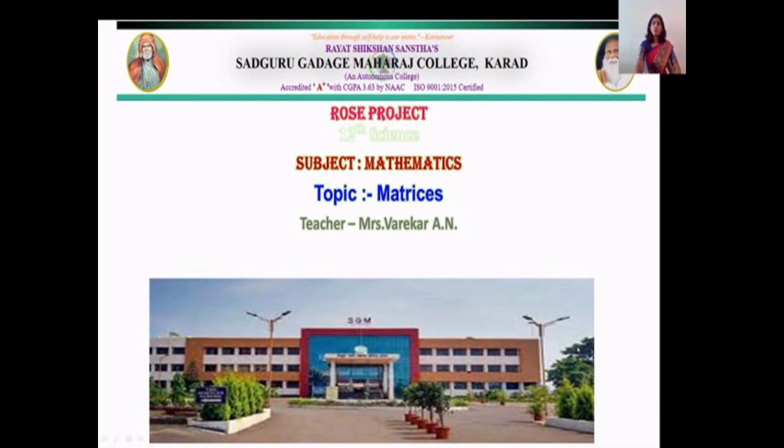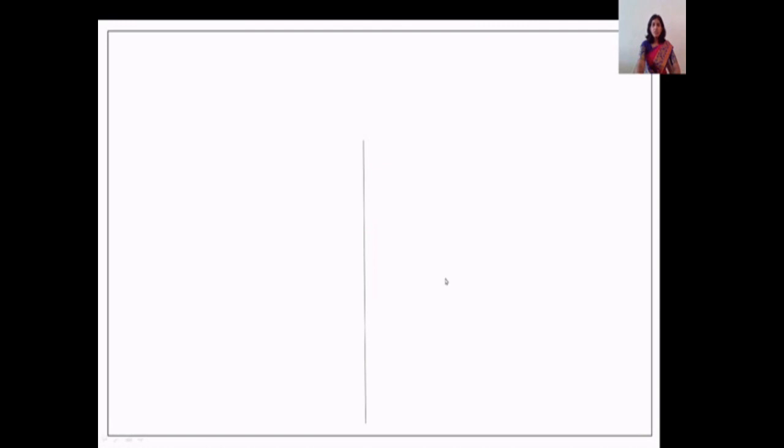Today I am going to teach you a topic from mathematics paper number 1, which is matrices. It is a very important topic in mathematics paper number 1. It has various applications in mathematics that you studied in this topic. The topic has 6 marks of weightage for the board examination. Maximum 2 questions are asked on this topic.